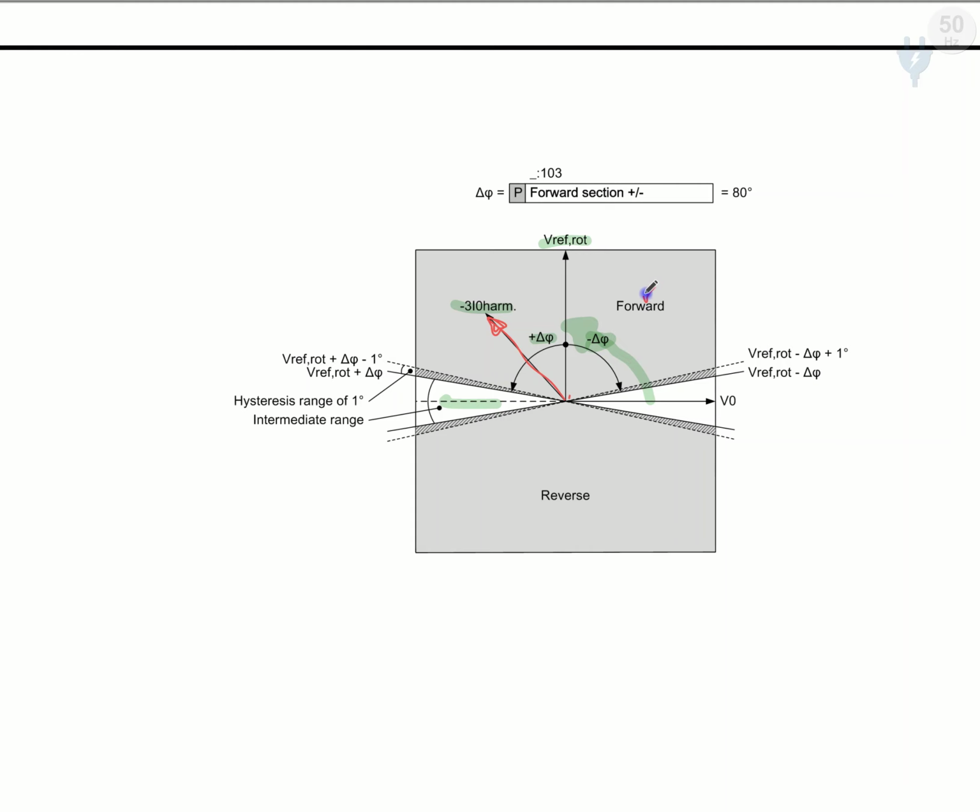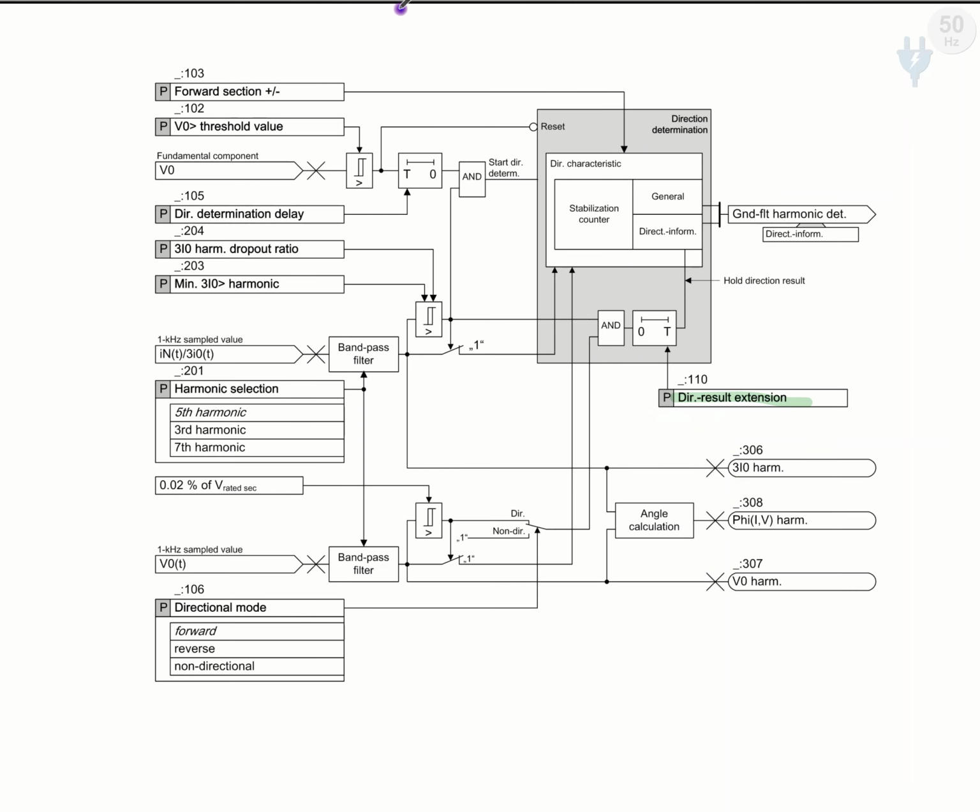Now, due to some changes in the system and some conditions, maybe this 3I0 falls below the threshold, or it changes into reverse direction. So on those transient conditions, we want the determined direction result to be